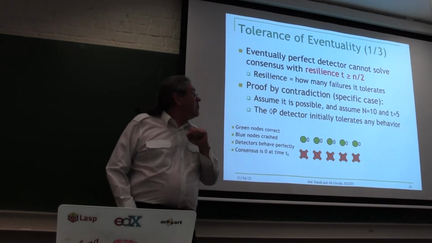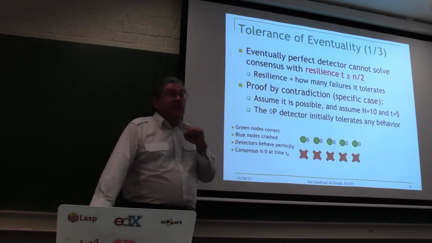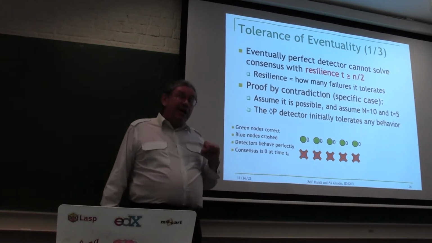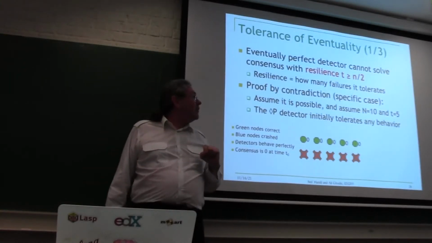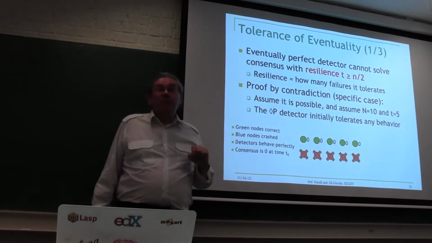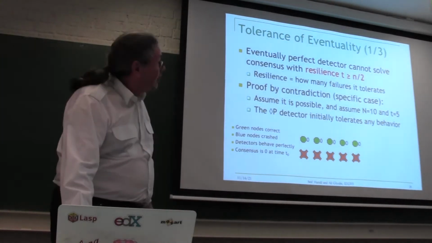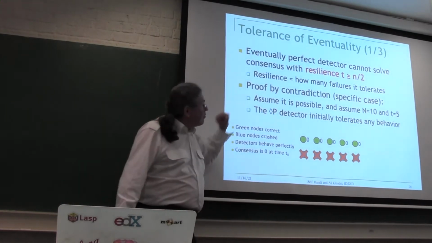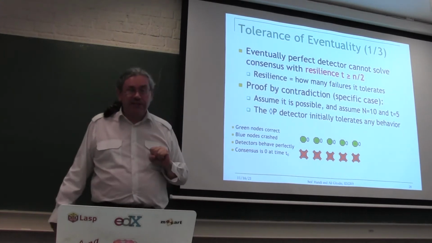But that's a very famous result. And there's a very famous algorithm called Paxos that lets you do just less than n over 2. But that algorithm is complicated, too complicated for giving in one course. Today I'm going to give you an algorithm that goes to n over 3. Later in the course we'll see an algorithm that goes just under n over 2. Okay, so let me show you now the proof. This is a very interesting way of reasoning.